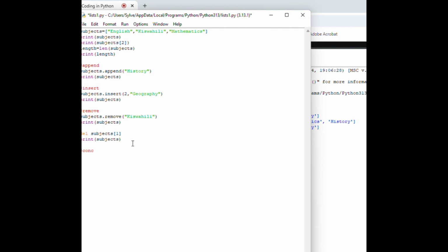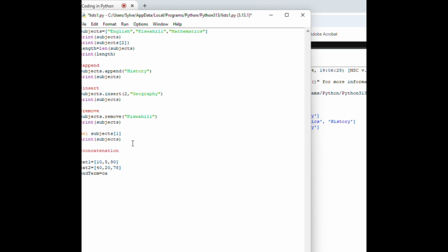Alright, those are some of the methods. They are not exhaustive, there are still many more. You can get them mapped out on how to sort a list in ascending order, in descending order. Also do research on how to get the maximum from a list, how to get maybe the minimum from a list, and so on. But just before I go to something else, let me talk about